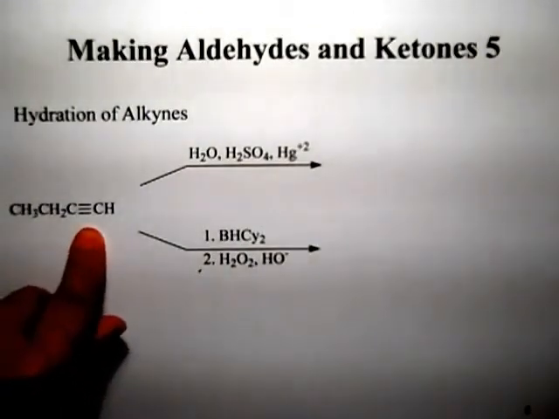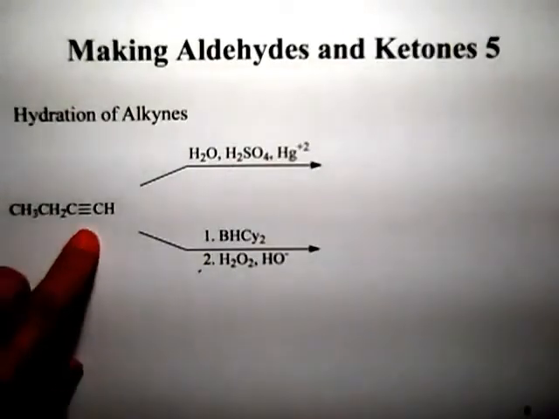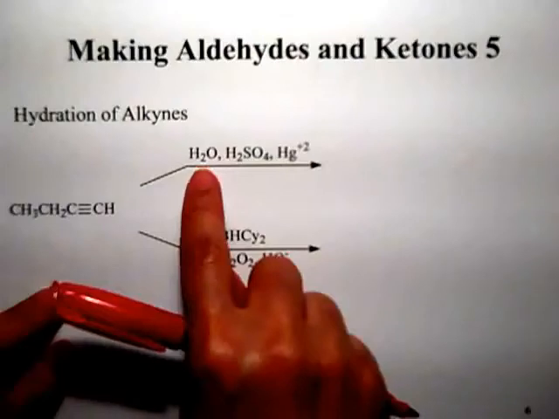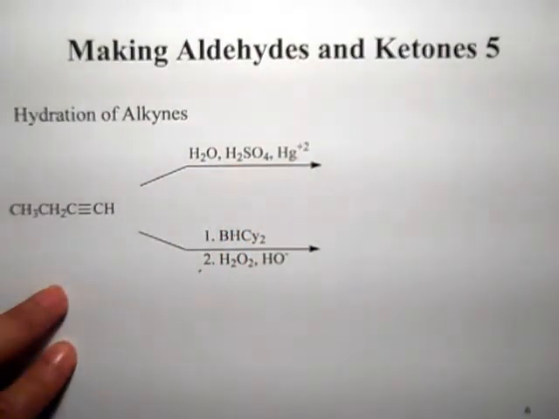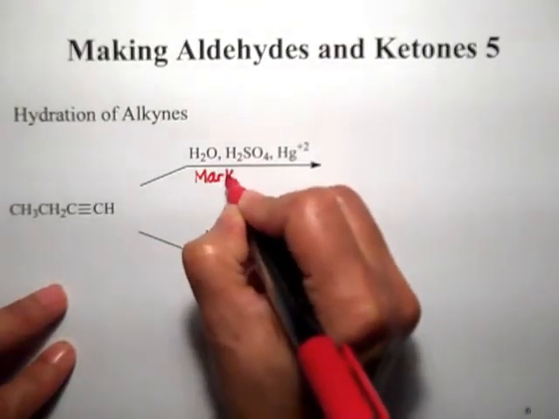Alkynes can be hydrated to get aldehydes and ketones, and this one is a terminal alkyne, so that we can see the difference between the Markovnikov and the anti-Markovnikov addition. Alright, this one right here, we're adding water, sulfuric acid, and a little bit of mercury to make the reaction go a little faster. This is going to be a Markovnikov addition of water,